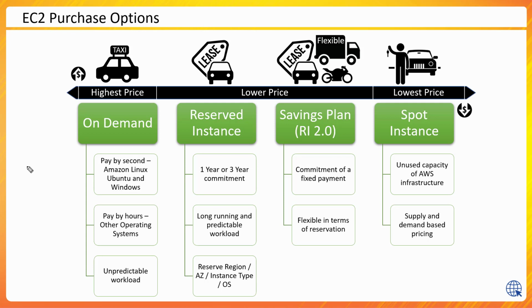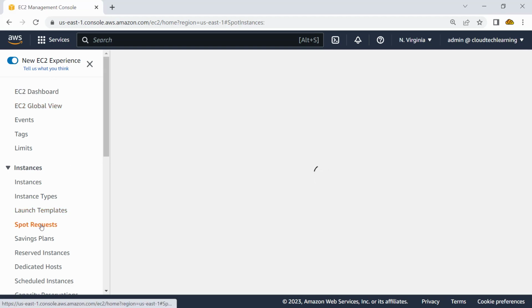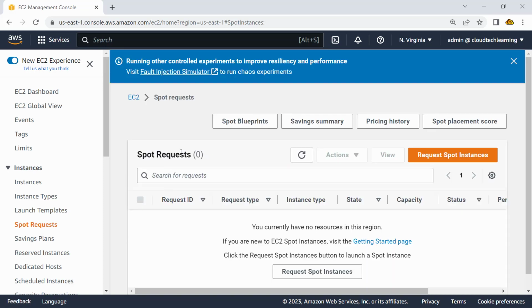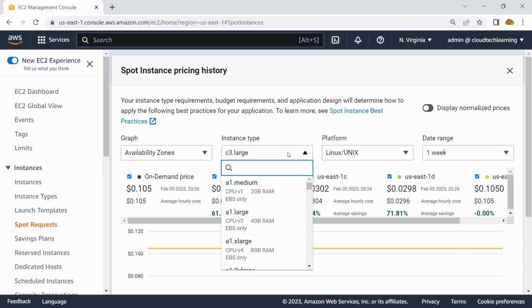Coming back, shifting gears to spot instances again, let me show you spot instance information in the console. You could get some detail about the price benefit you may get. So here is my EC2 console, and I am going here to spot requests. I should be able to see the details of spot requests if I have made any. I am interested right now in something called pricing history. So through pricing history, I would be able to see what kind of benefit I may get in a specific instance. So let's go ahead and search for